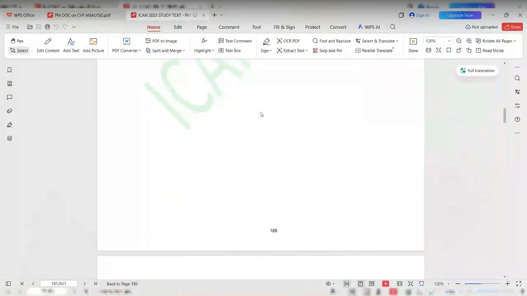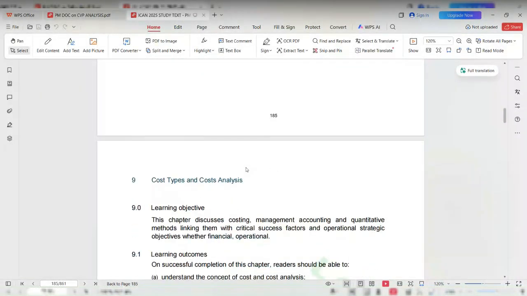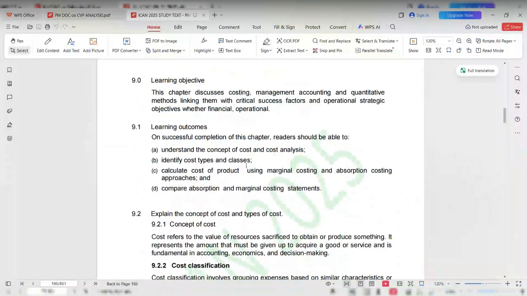All right, so let us delve into the tutorial proper. This chapter discusses cost management, accounting, and quantitative method, linking them with critical success factor and